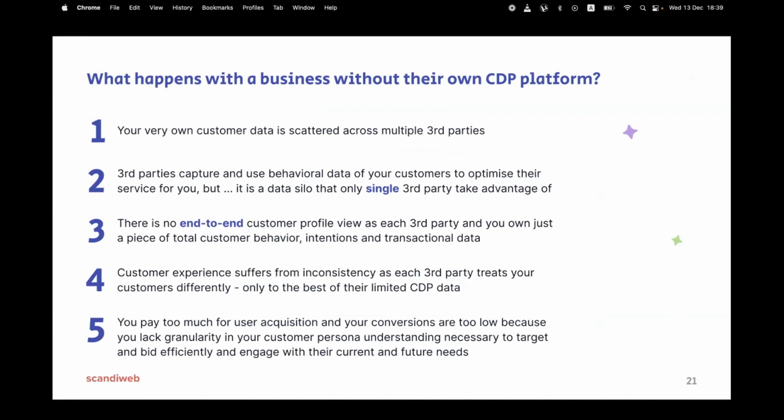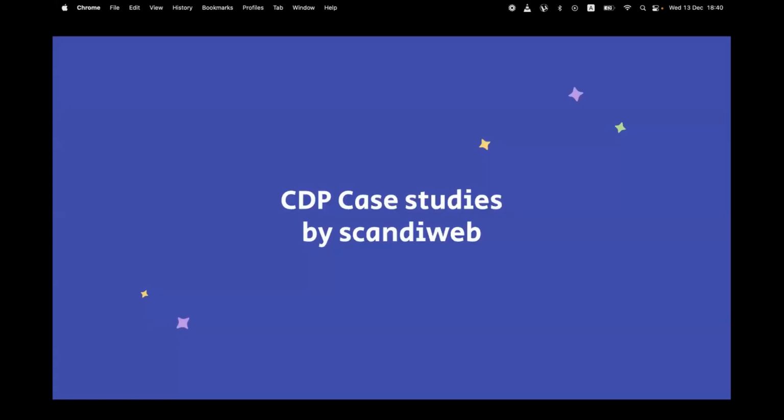Oh, this slide is so scary. I always need to take a break after it. But you can make a screen grab, and it's very depressing to look through these 5 things of suffered customer experience, all these data silos, and others capturing the data that you would benefit the most. And I will go and drink some water, refreshing after this scary slide.